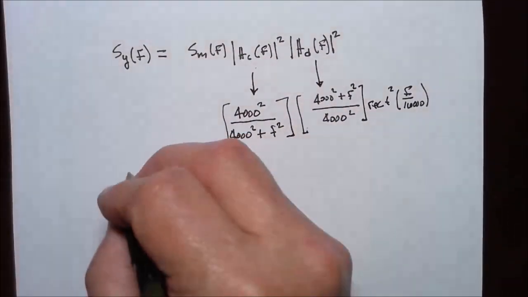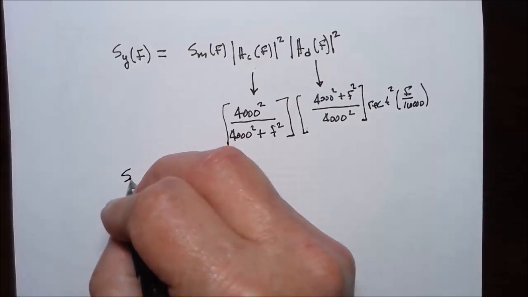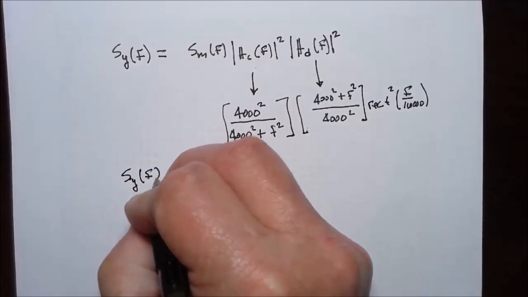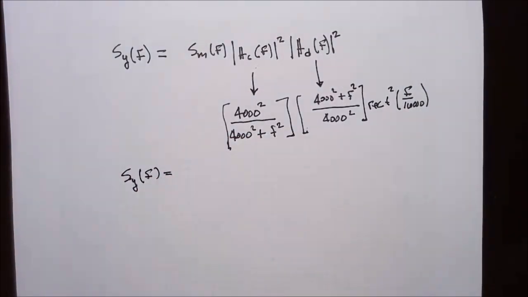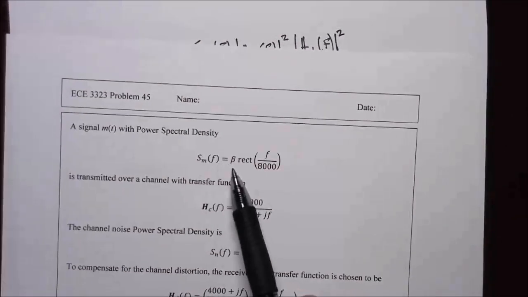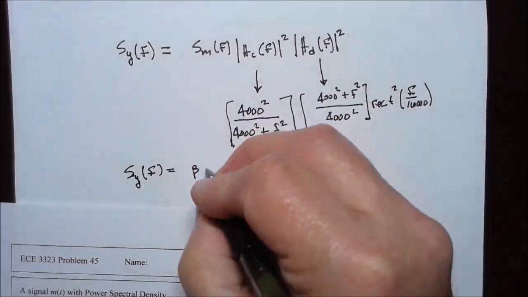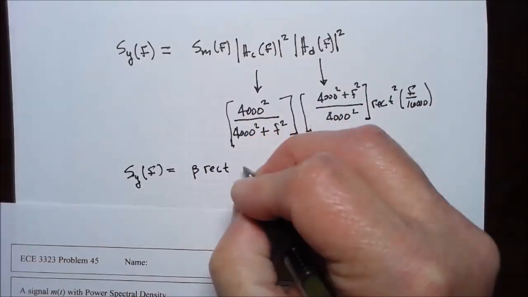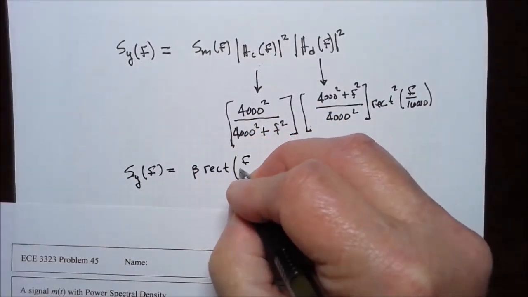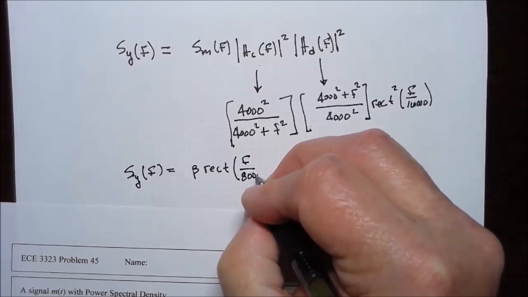So the power spectral density of the output signal is going to be the power spectral density of the input, which is beta times the rectangle f over 8,000,